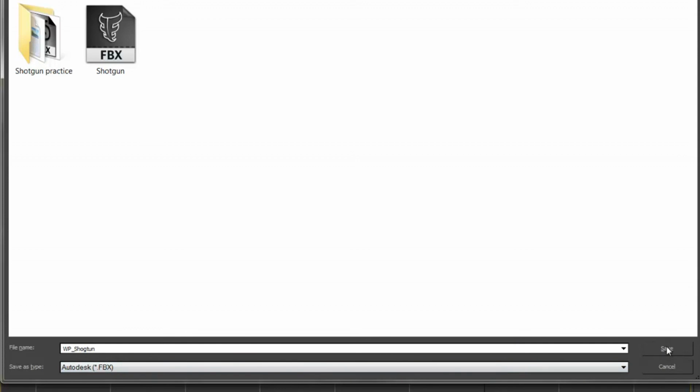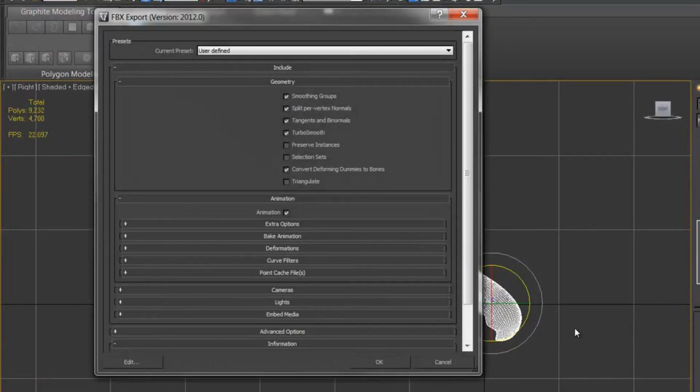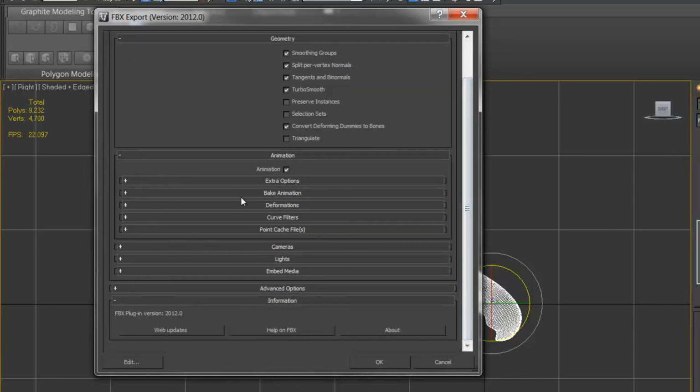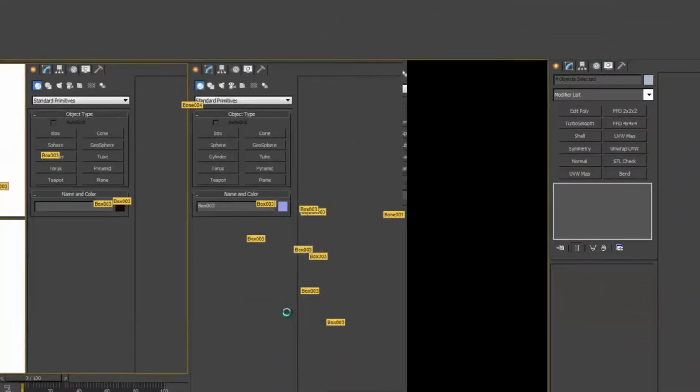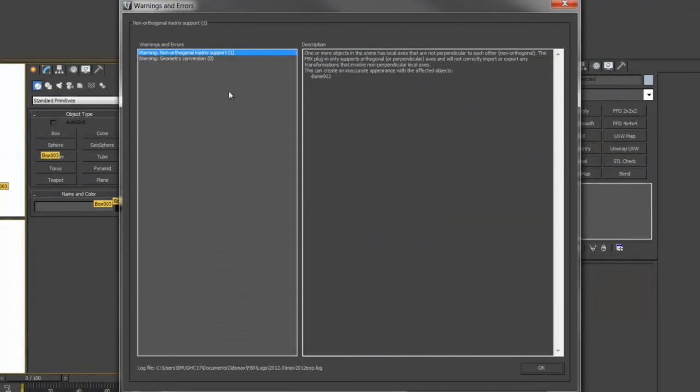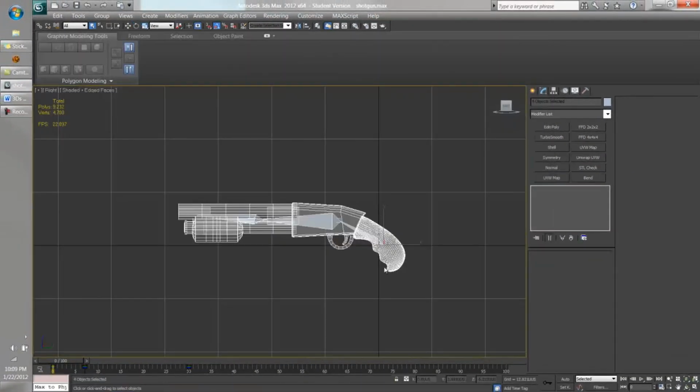So you save it as an FBX, and if you have more than one animation that you do for the same static mesh, you just save out separate FBXs. It doesn't come in all in one, that's the only thing. But it's a lot easier to do now. You make sure this animation box is checked on the export menu. You hit OK. It usually gives me some sort of warning, which is fine. You hit OK, and then you should be good to go